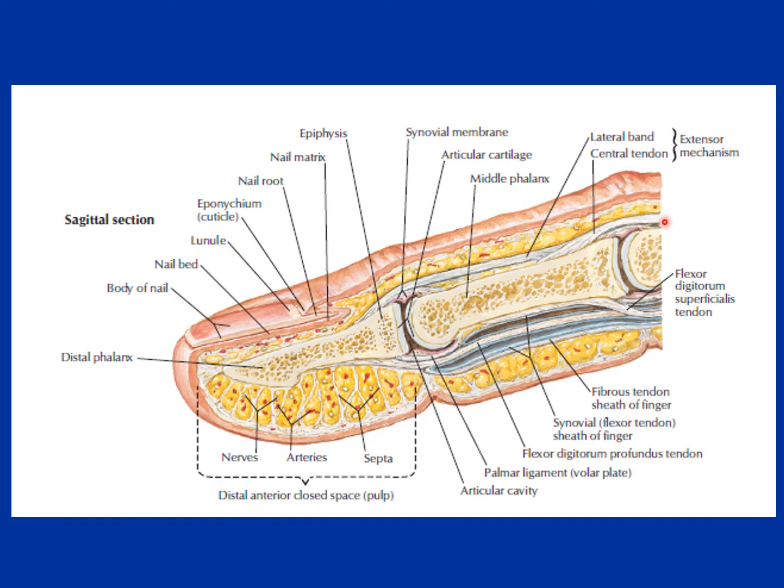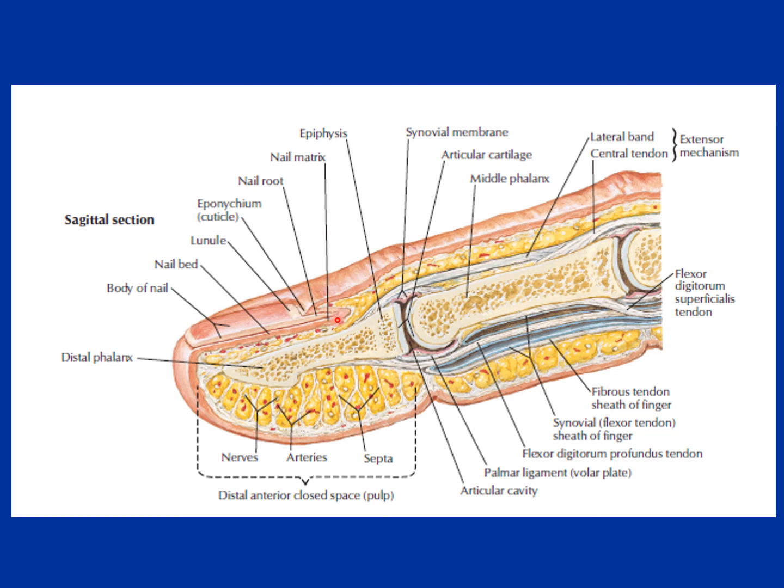Now this diagram is showing the finger, and what else along with the tendons we have. You can see that the pulp of the finger, or the terminal part of the finger, has a nail on the upper side, and they have the fatty tissue below, the adipose tissue, along with the musculature and a lot of nerves and arteries. These fatty tissues are separated by fibrous septa, making this area very firm, and they are firmly adherent to the underlying skin. So infection of this area is very painful because they have septa, so there is less space for the growth of the infection. Compression causes too much pain.